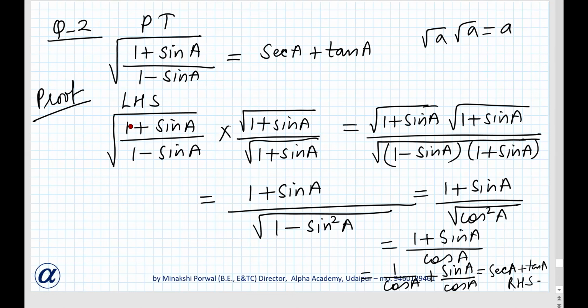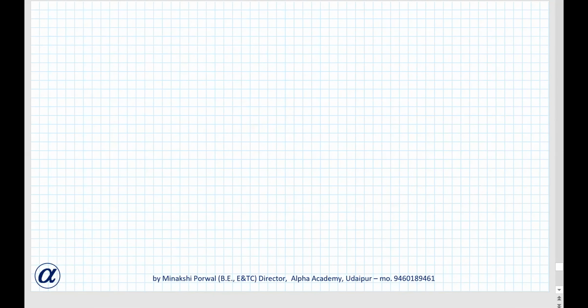Okay. So here you have to remember, or you should have an idea that whenever we have this type of question, we'll multiply by something in numerator and denominator so that we get rid of the square root sign. तो हमने अंडर रूट ऑफ 1 प्लस साइन ए से मल्टीप्लाई किया तो ऊपर न्यूमरेटर से स्क्वायर रूट साइन चला गया और डिनोमिनेटर में हमको cos स्क्वायर ए मिल गया, उससे भी स्क्वायर रूट साइन चला गया, and then we have proved. Okay. Question 3,